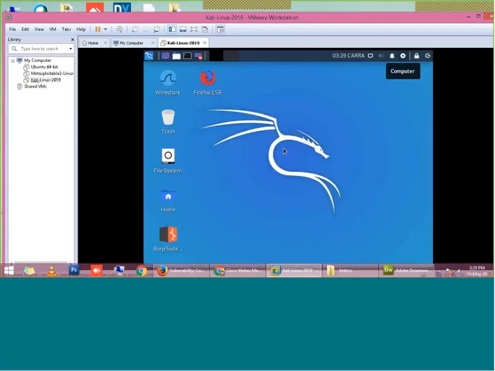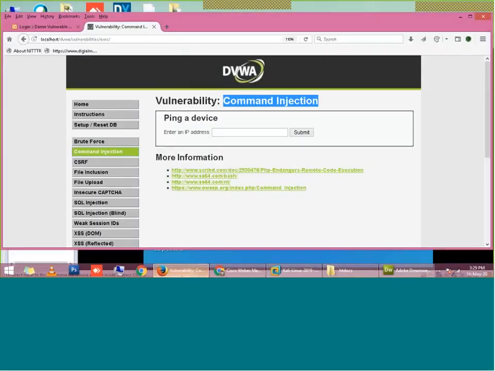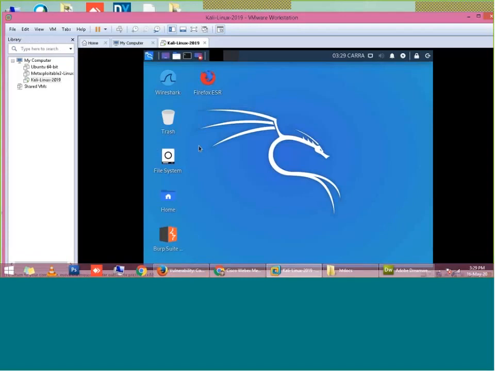I have already shared the instruction manual to install all of this lab setup. So I have installed three machines. One is my physical machine, which I was showing. Another is this Kali, and next is this Metasploitable.